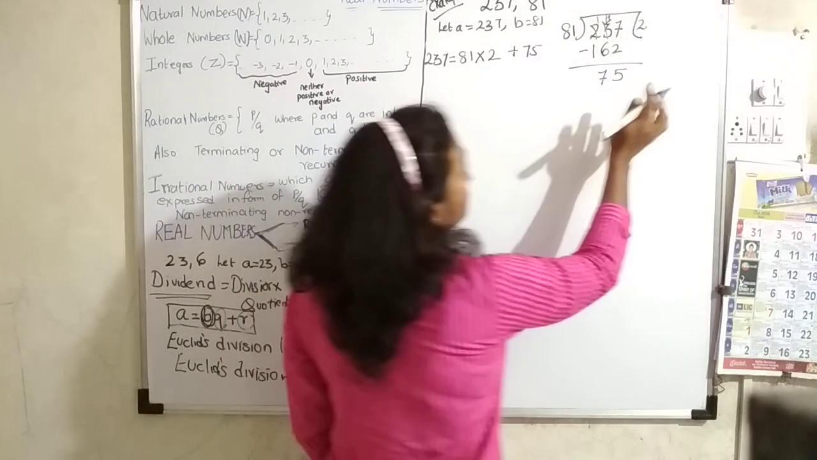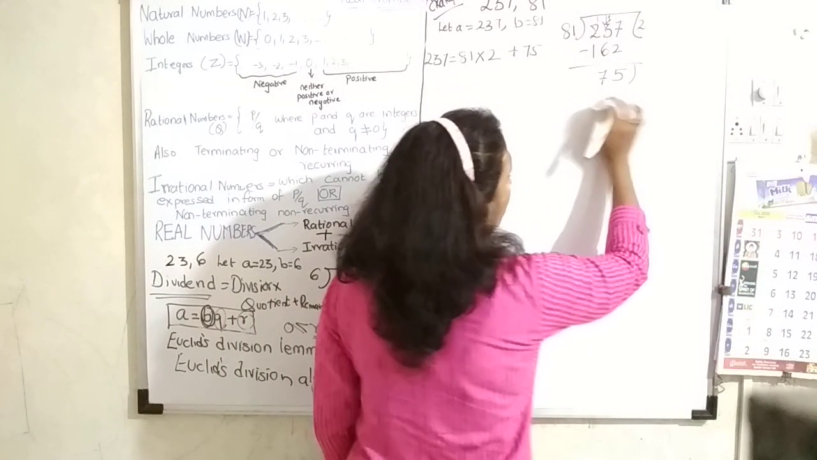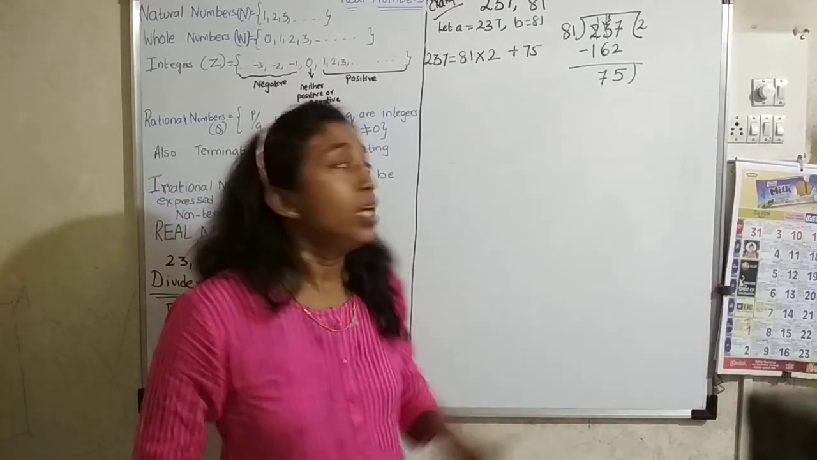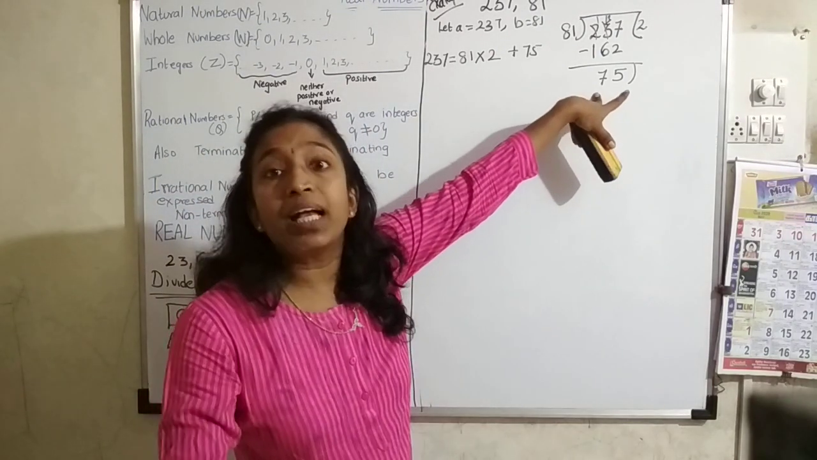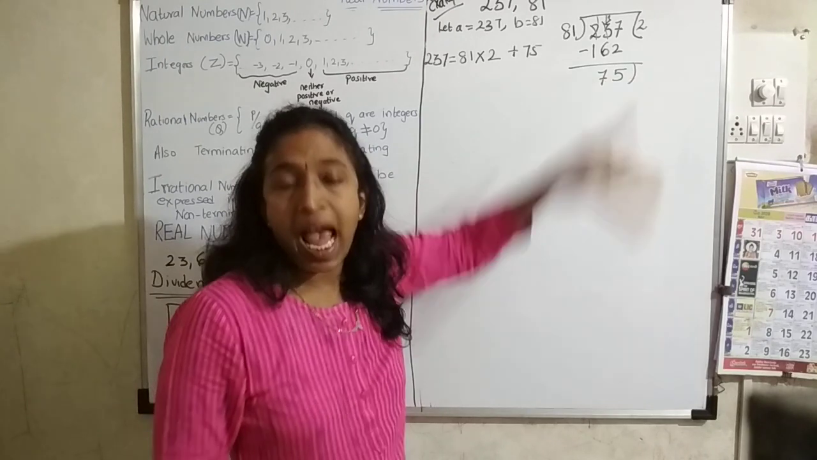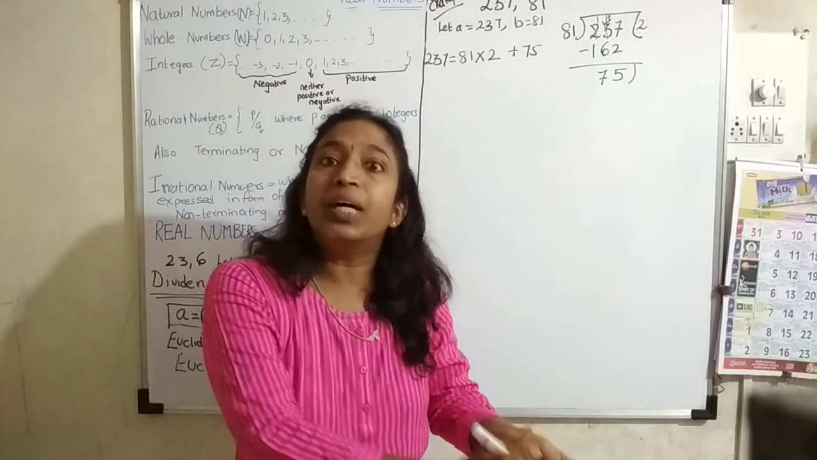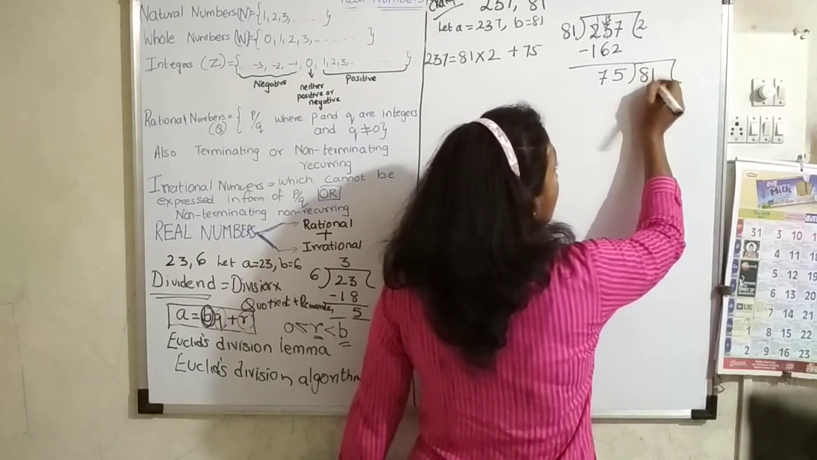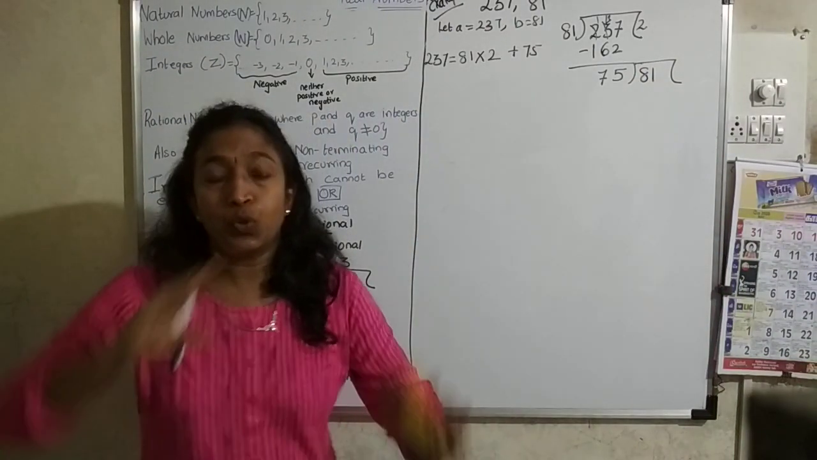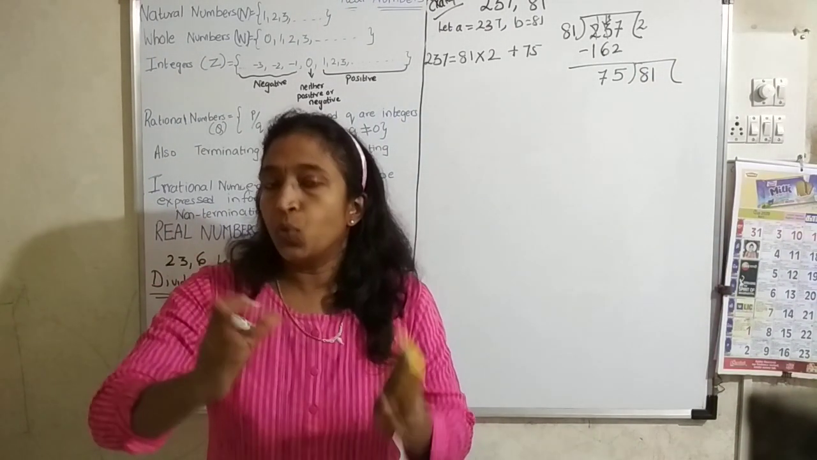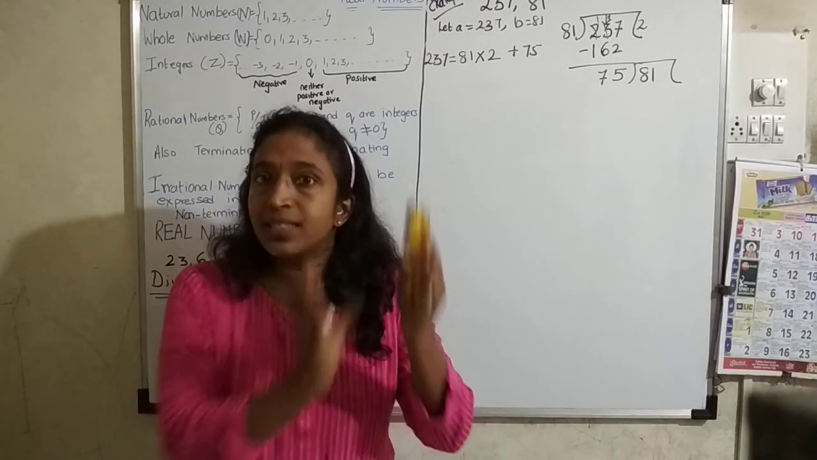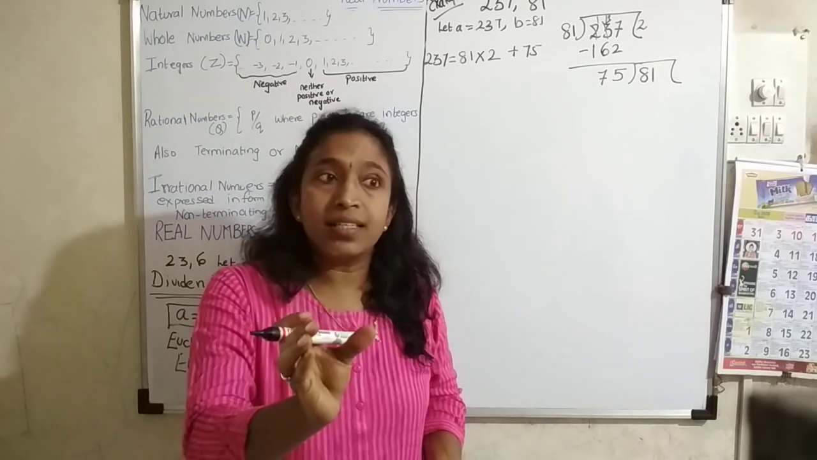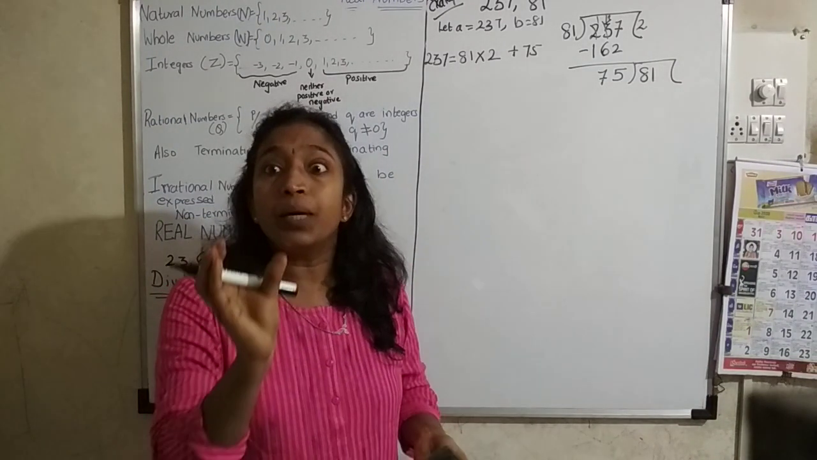My second step is important. R and B play a very important role. This remainder will become the divisor and the divisor will become the dividend. So here I am dividing now 81 by 75. Did you understand? So we are going to get the second step. The remainder is becoming the divisor and the divisor is becoming the